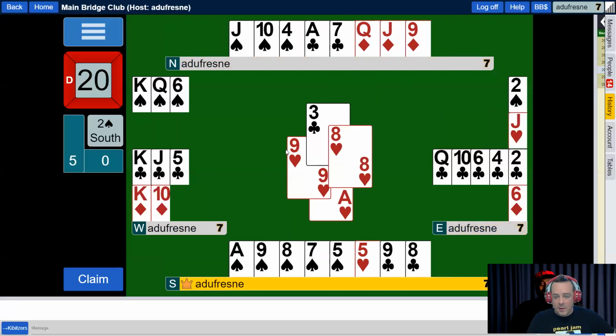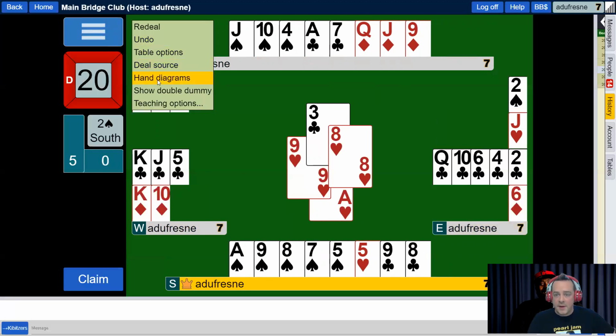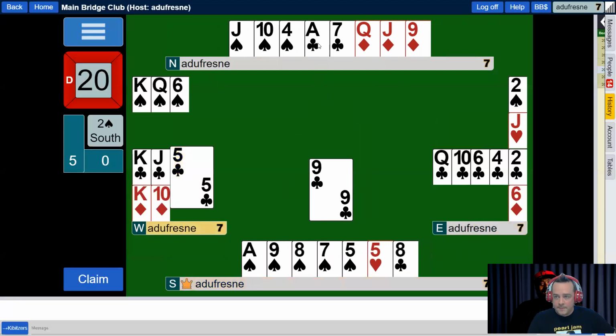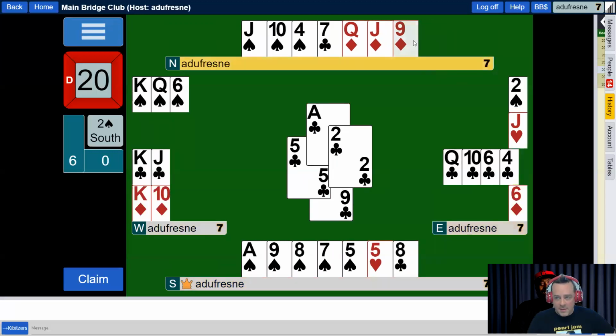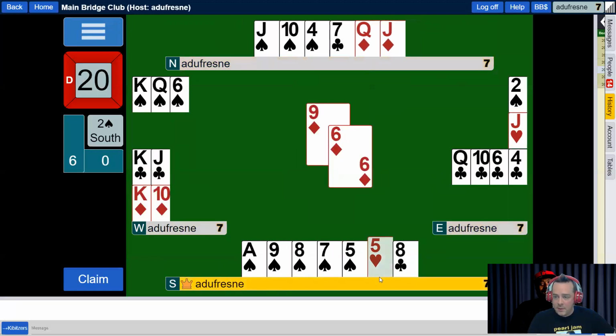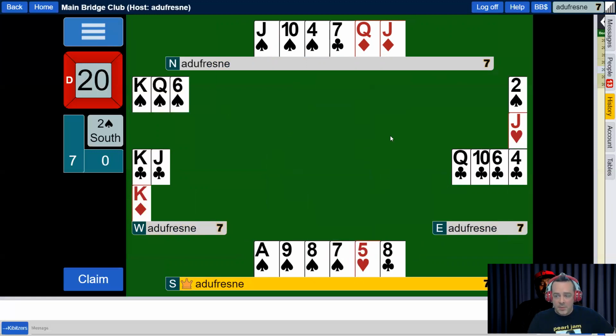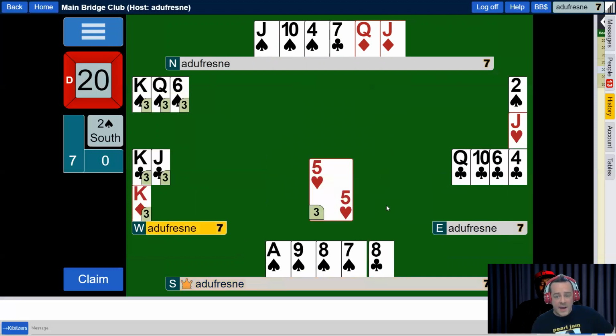Now if we go to our double dummy analysis, it's going to tell us that a club to the ace is fine, I believe. Yeah, let's just go ahead and take some more tricks here. Continuing stripping the hand. King of diamonds hasn't fallen yet, that's fine. And at this point, looking at our double dummy, play the 5 of hearts from our hand, and West has